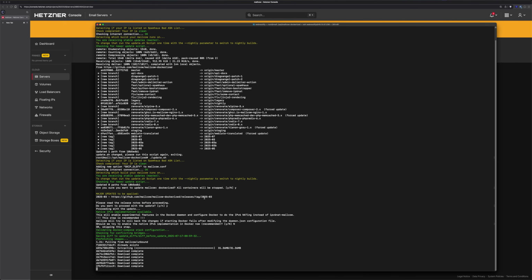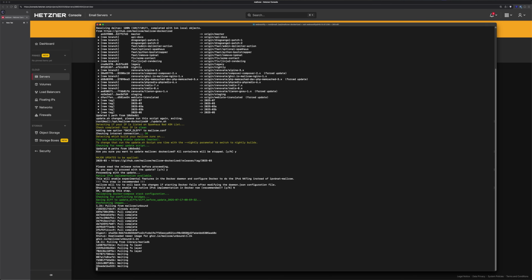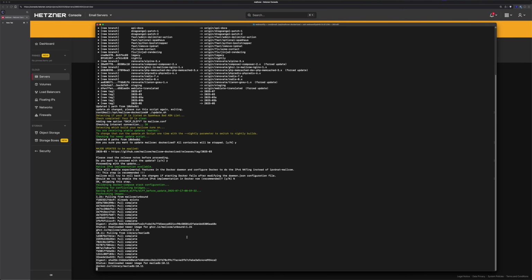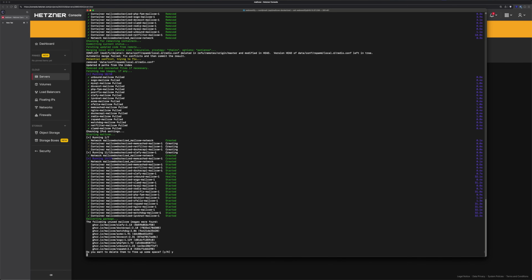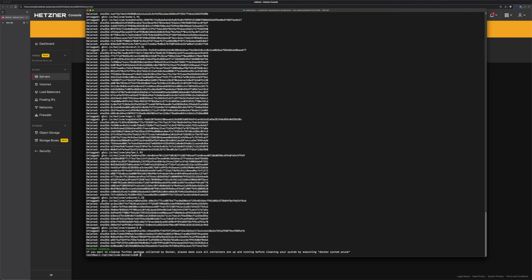And now it will update all the Mailcow image containers, so you just need to wait. Alright, as you can see, the update has been done, and now it will ask you if you want to remove the unused Mailcow images. Usually you want to type yes, and it will delete all the images. And if you want to clean even further the garbage collected by Docker,